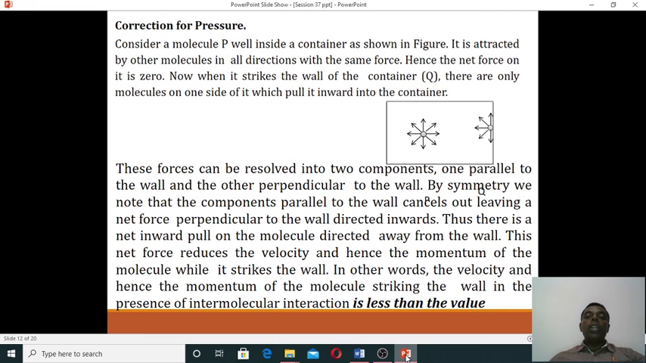This force can be resolved into two perpendicular components, one parallel to the wall and another perpendicular to the wall. By symmetry, we note that the components parallel to the wall cancel each other, leaving the component perpendicular to the wall, directed inwards. Thus, there is an inward pull on the molecule directed away from the wall. This net force reduces the velocity, and hence the momentum, with which the molecule strikes the wall. In other words, the velocity and momentum of the molecule striking the wall in the presence of intermolecular attraction are less than the value